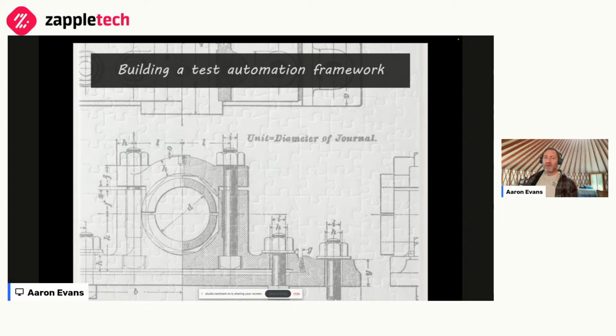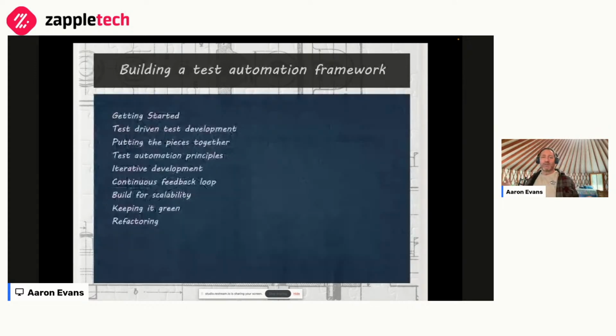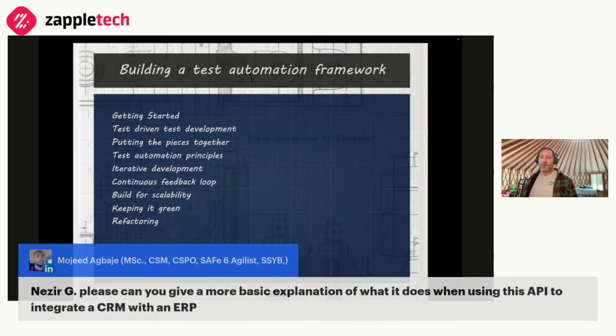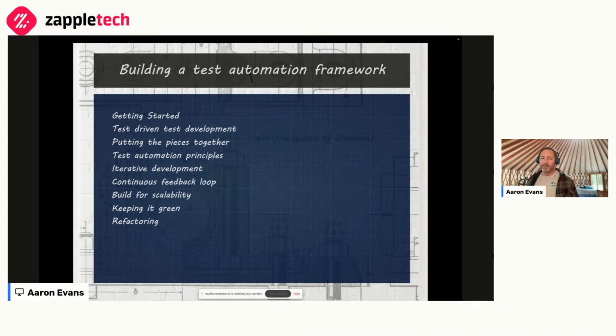I'm out of time pretty much, but to build a test framework, I wanted to talk primarily about following that feedback cycle that you can get from continuous integration. Don't go spending months building or assembling a test framework from components. Start small. Follow good test automation principles. I think I've got a slide on that coming up. Things like keep it simple, don't repeat yourself, separation of concerns, all those things.